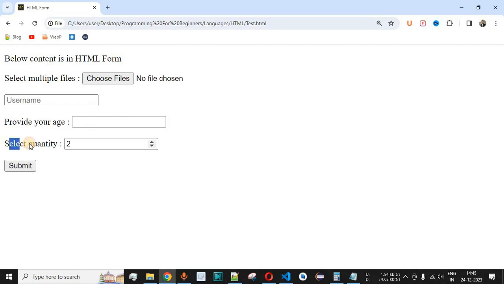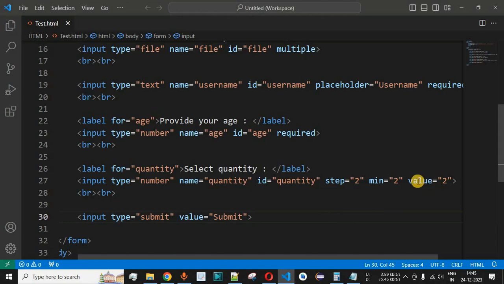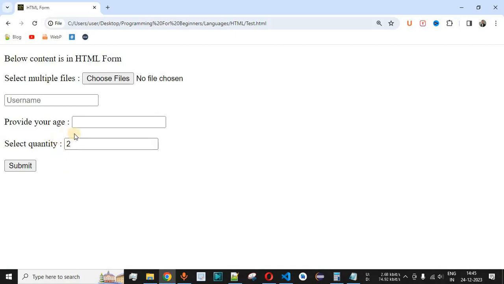So as you can see, the select quantity label is being displayed, and we are seeing the value of 2. That's because we have kept the value attribute as 2, and the minimum value will also be 2, so the user cannot go with a value that is less than 2. And every time the user wants to increment this value by using the up arrow, the value will be incremented with a step of 2. So as you can see, 4 is selected now, and then again when the user increments, the value is 6 right now. And when the user decreases the number, so let's say we click on this down arrow, again it is decreased by 2, so the value is 4 right now.